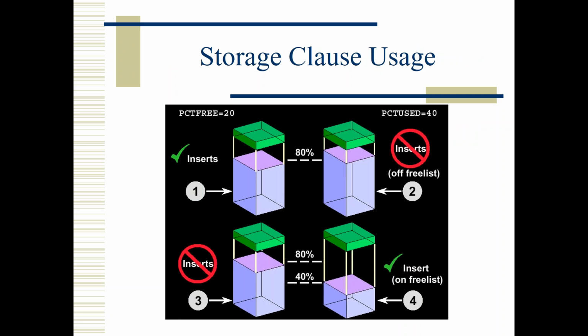This is how these two parameters are used, PCT free and PCT used. These are two additional parameters in the storage clause. PCT free refers to the percentage amount that should remain free in a data block. So what that means is we can continue inserting data in a data block until it's 80% used or 20% remains free. PCT used, when it's set to 40,